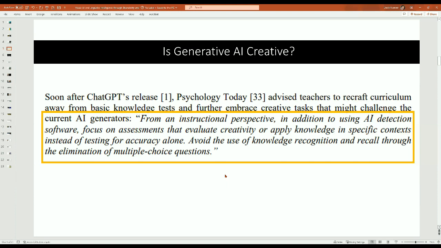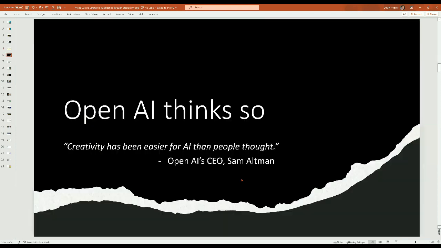So that is a kind of challenge to the proposition of this paper, which says creativity may not be as sacrosanct as we think. And in fact, that's really what has come out if you follow OpenAI's discussion of whether it came for blue collar jobs, white collar jobs, or, in some sense, what are called black turtleneck jobs, meaning more creative artist people, not even wearing white collars. And OpenAI's Sam Altman said creativity has actually been easier for AI than most people thought. So that's part of the inspiration for this talk.